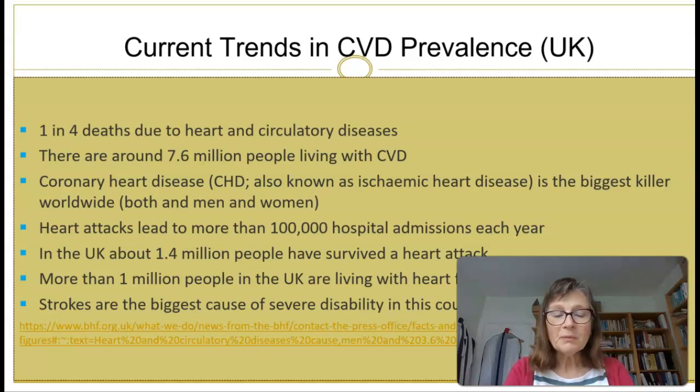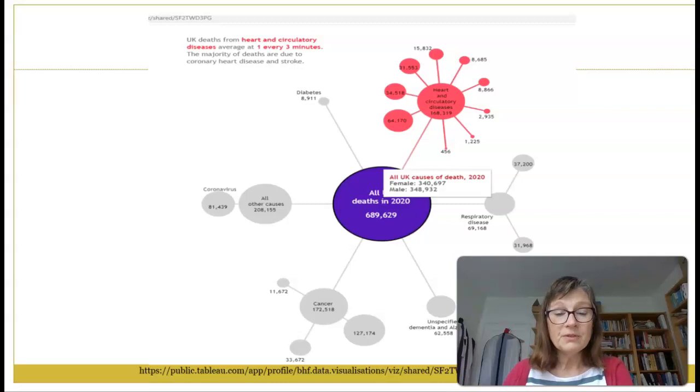So where does that fit in relation to cancer and other things, you might be wondering? And I've given you the link to this because I appreciate it's quite small to fit on one slide. But this is about UK deaths and what is causing all of the different deaths. And if you go onto this link, if you hover over them, the different parts come up and show you what all the figures mean. This was 2020. So in 2020, we had